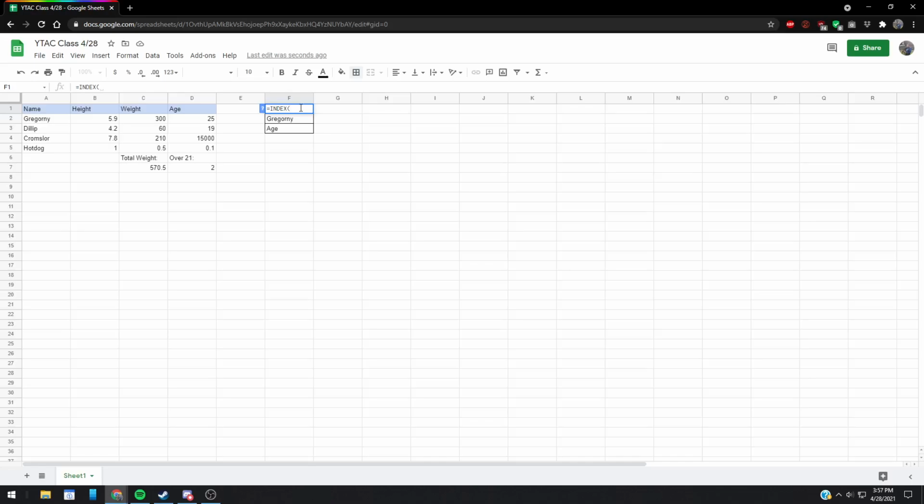So the first thing you have in your syntax here is your range. What are we looking at? What's our reference? So the reference is right here. This is the table that I want Google Sheets to look at. We're going to separate everything with a comma always. And then the next thing we're going to do is we're going to use our syntax to find our